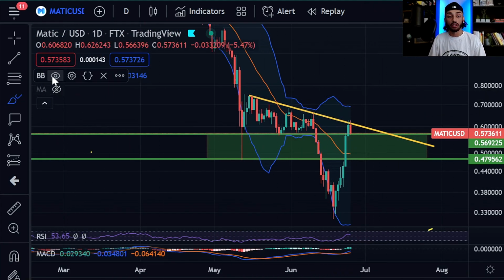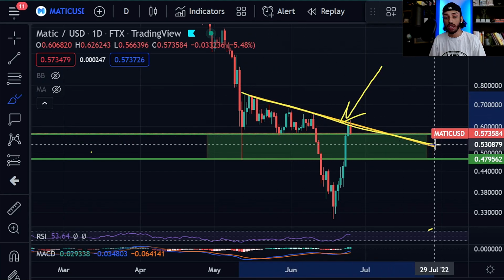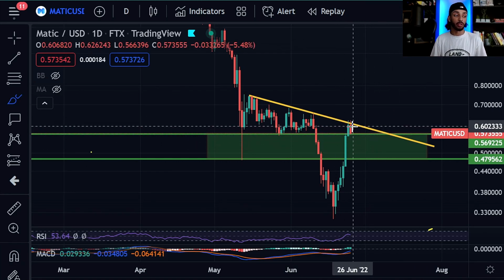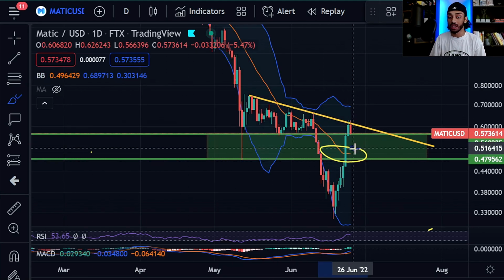The final zone that I told you all to look for was this trend line. I said that as we started to approach this trend line, there is a strong chance that we do get some rejection, and that rejection is going to tell us everything we need to know about what to be on the lookout for, right? So as we can see, we did first and foremost clear the 20-day simple moving average